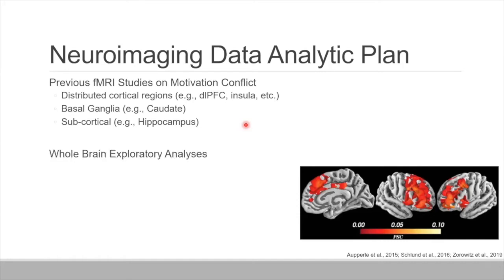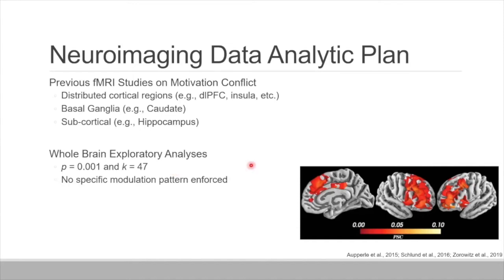Again, because of just how much territory these studies often cover, and also the fact that they typically ignore parietal regions, we went ahead and did a whole brain exploratory analysis. So we're using a whole brain correction method combining voxel-wise and nominal thresholds: a p-value of p < .001, and it has to be 47 contiguous voxels in the clusters.